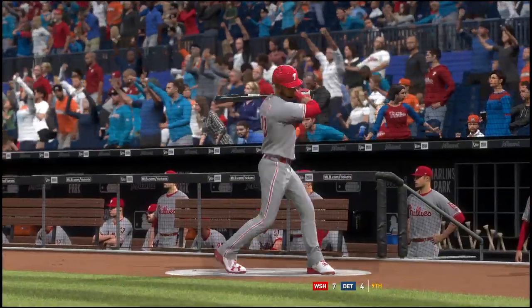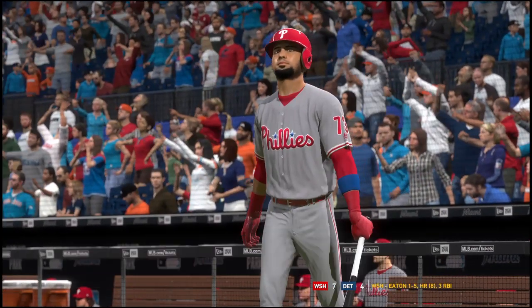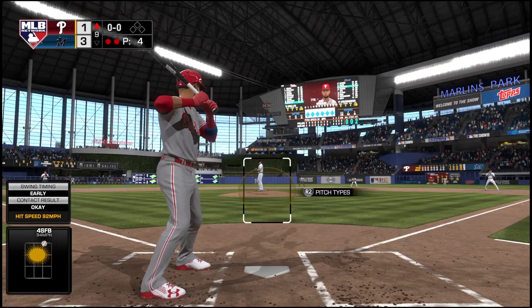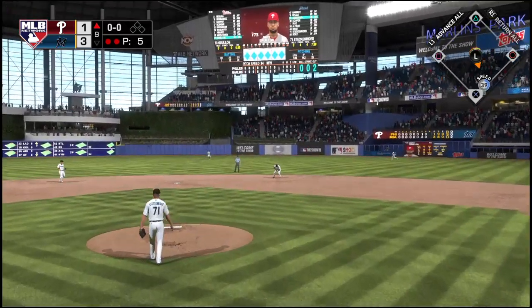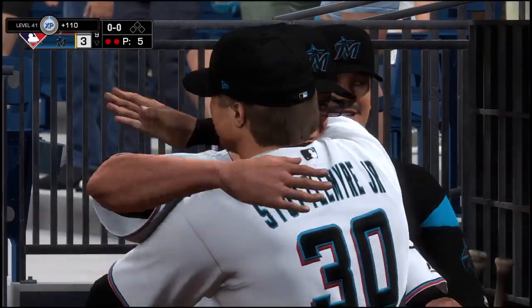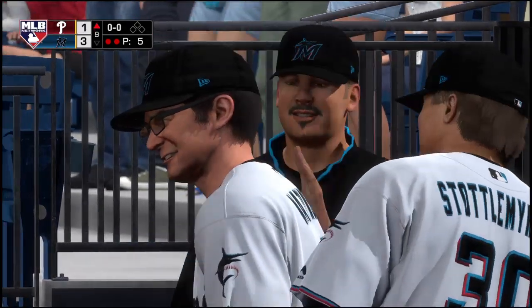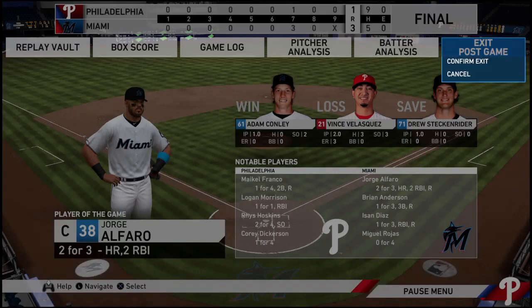Number 73 will get the call to pinch hit here, as we'll see what he can do with 2 out and the bases empty. Now it's swinging, a ground ball. This should do it. Throw to first is going to be in time to take care of him, and the Marlins break out the brooms and sweep their division rivals. Good job there to slam the door for the win, and they finished the month with a bang, just the way you want to. 3-1 the final score this afternoon. The Marlins